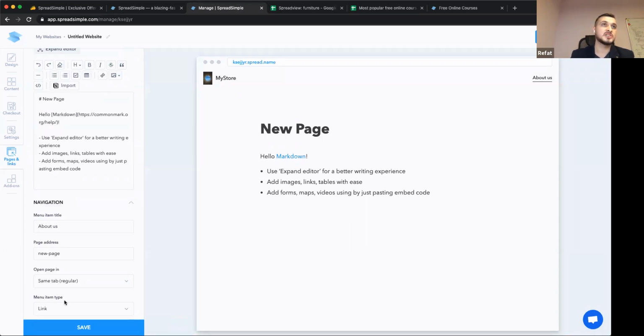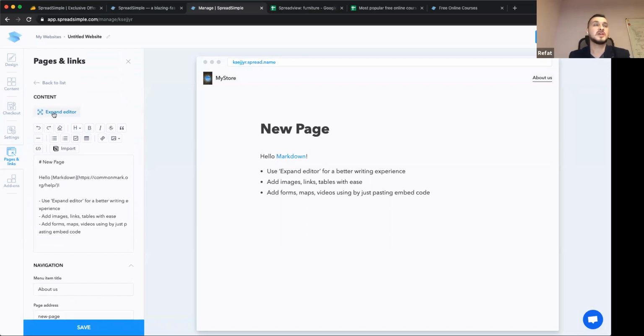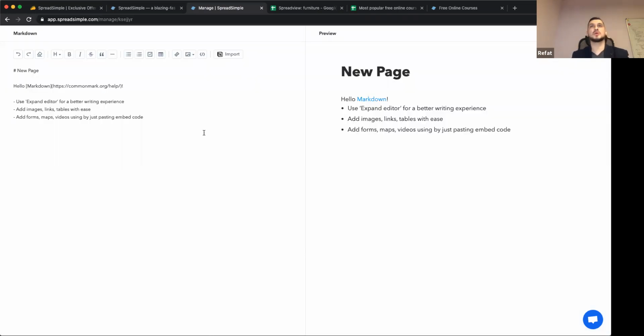Setups, search engine meta tags, etc. And there is a really useful thing such as the expanded editor. It allows you to work on the content in full-screen mode. And as you can see, the main concept of the content pages is Markdown, and actually SpreadSimple uses Markdown a lot. It allows you, in a pretty easy and flexible manner, to create some sophisticated, rich content,